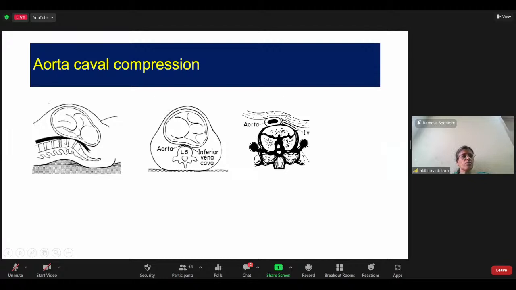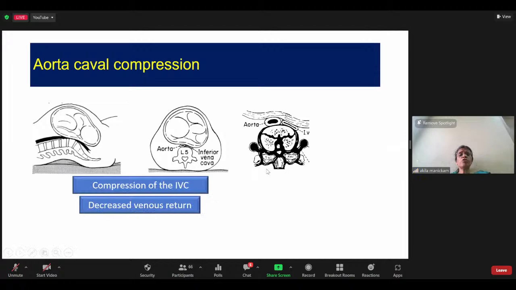Though the aorta is a muscular organ which is non-compressible, because of the weight of the uterus there is some amount of displacement of the aorta in the supine position, which you can look at in this coronal section. There can be complete occlusion of the inferior vena cava when the patient lies supine, and there can be displacement of your aorta to a certain extent. And in cases of extreme hypotension, the perfusion to the uterus can also get compressed.